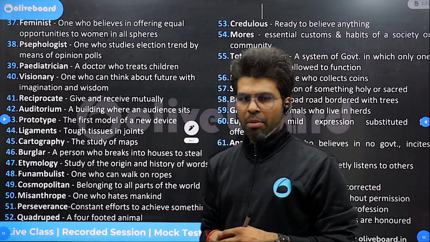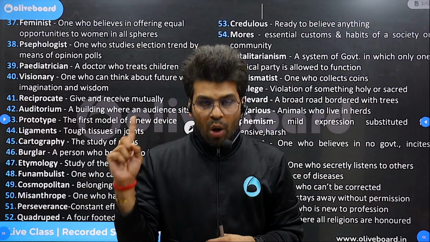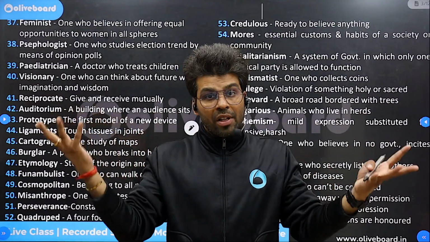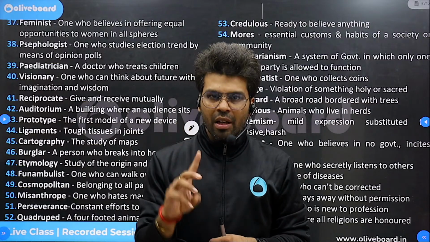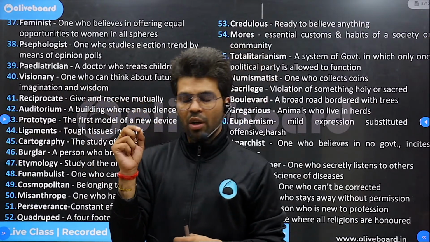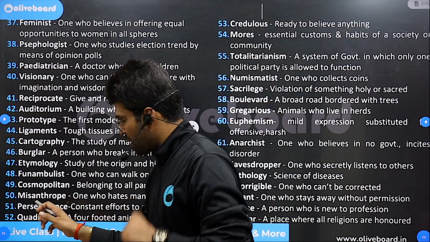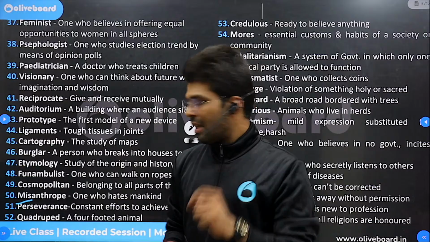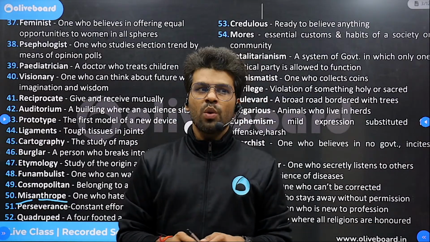Cosmopolitan, belonging to all parts of the world. Universal. Omnipresent, present everywhere. Cosmopolitan, omnipresent, universal, present everywhere, belonging to all parts of the world or each and every part of the world. Misanthrope, etymology, from miso, which is to hate, anthropos, which is humankind, so the one who hates